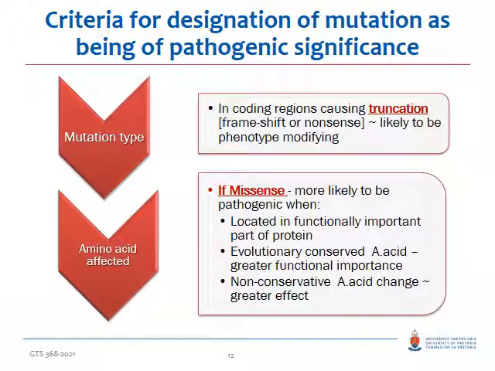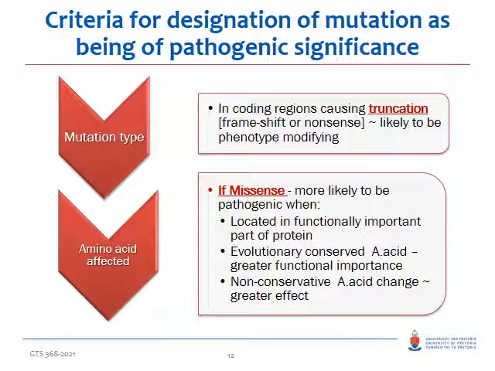The following criteria need to be applied to determine if a mutation is of pathological significance. It will depend on the mutation type, and specific truncating mutations such as frameshift and nonsense mutations are likely to modify the phenotype. If the mutation, however, is a missense,